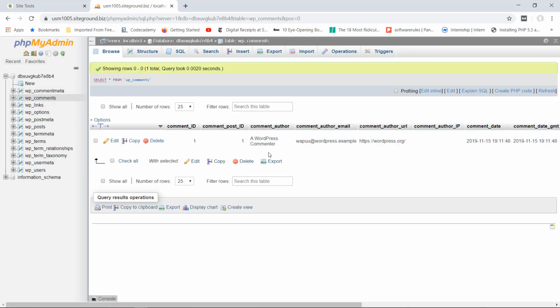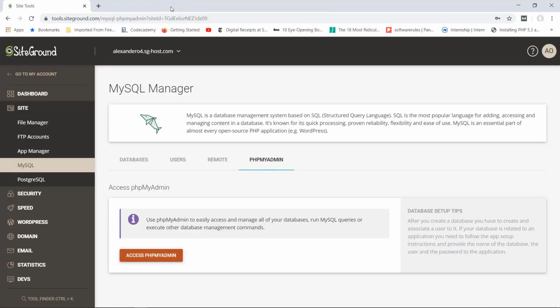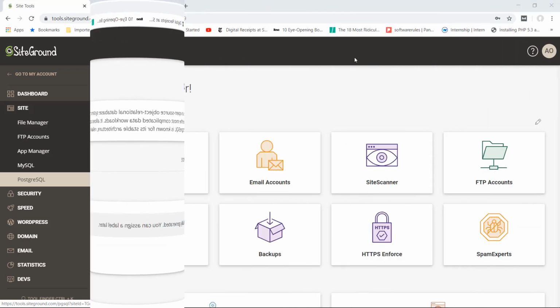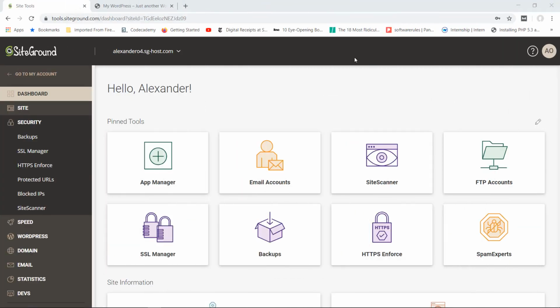And then finally, we do have the PostgreSQL, which, in all honesty, I have never used this before. But if you need to use it, well, it's good to know you do have access to it, by the way. Let's move on to the very next tab, and this is personally my favorite tab, which is